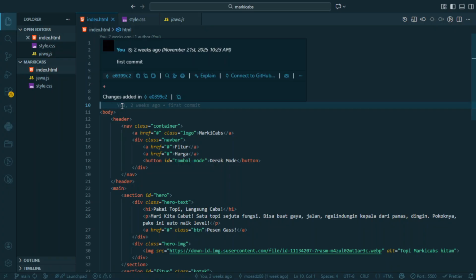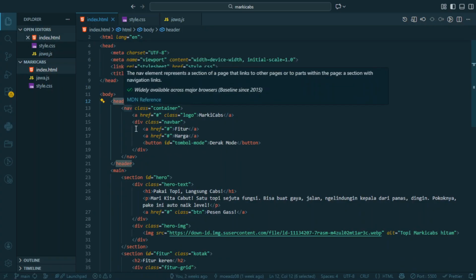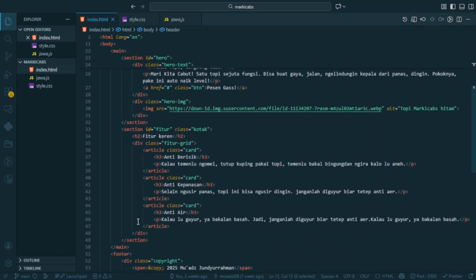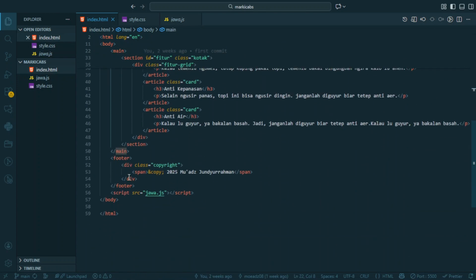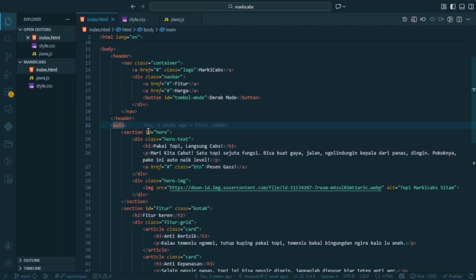In this case, it's called semantic HTML tag. Header, nav, section, main as well, and footer. It's called semantic HTML tag. And then, what is semantic? Semantic means choosing tags that describe the meaning and the purpose of the content inside.